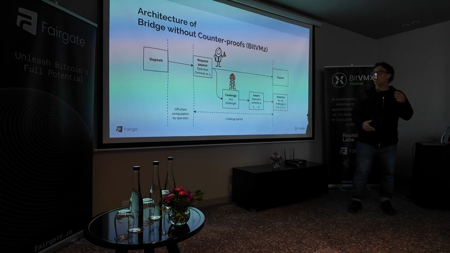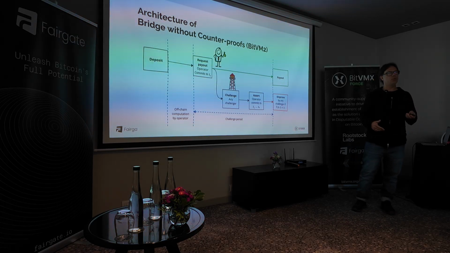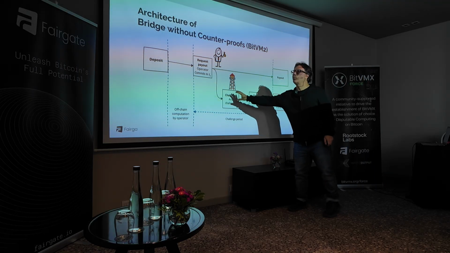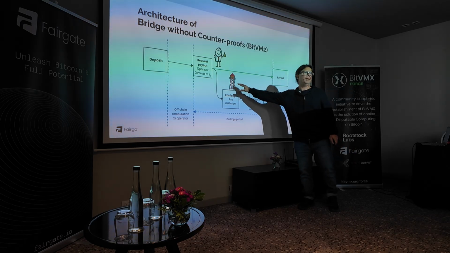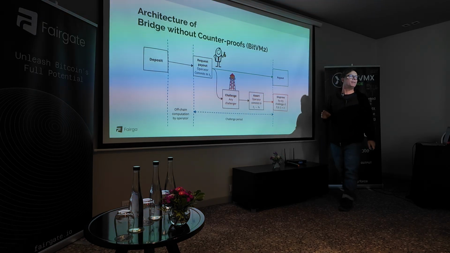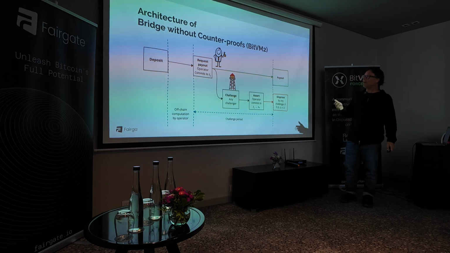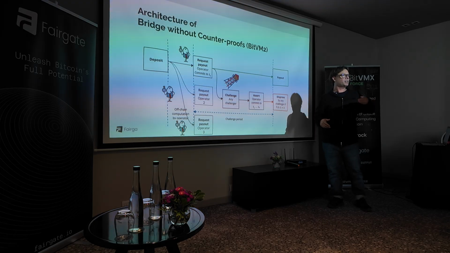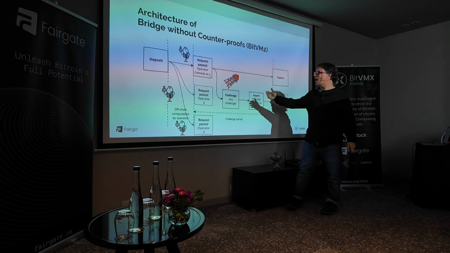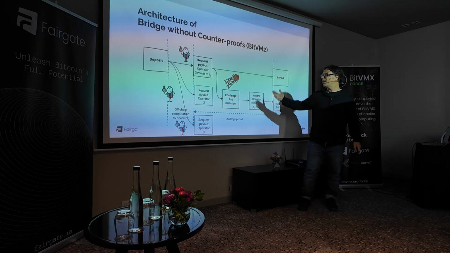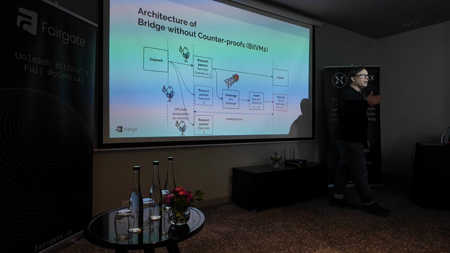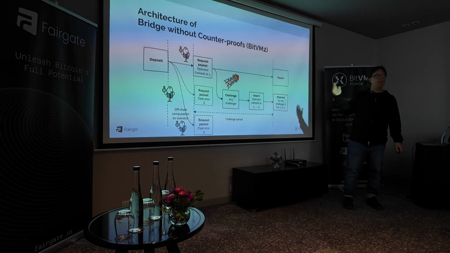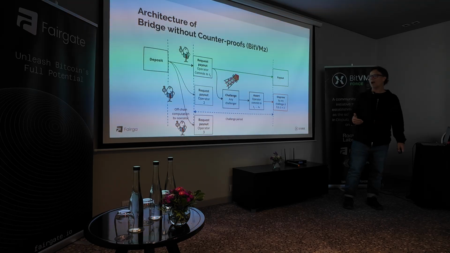So even if we don't have a breach with counterproofs, let's say this is a BitBM2 breach, where there is only one path for challenging, and anyone can challenge. This is the BitBM2 way of doing things. You still have a problem where, let's say now that the number of operators start growing, and you, as a watchtower, cannot challenge all the operators trying to steal the money simultaneously on different payouts. So even if you have a BitBM2 breach, you still have the problem that you cannot grow arbitrarily the number